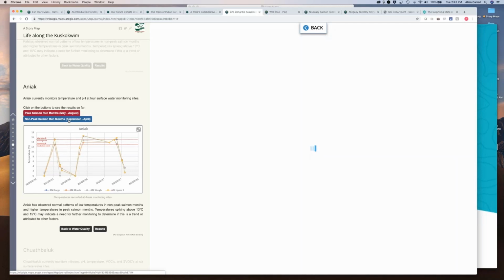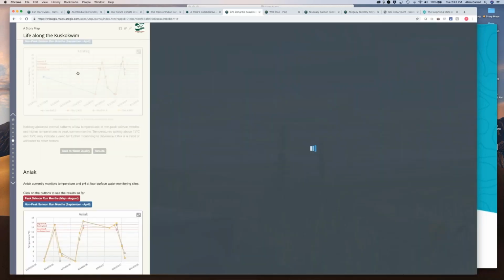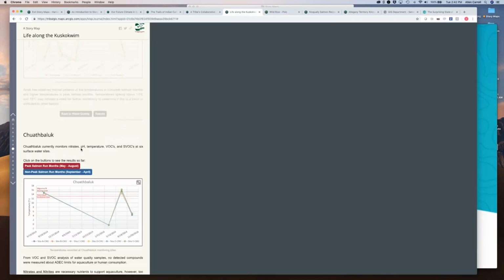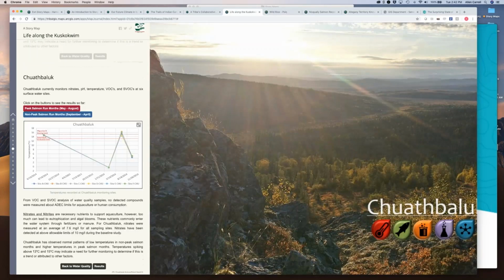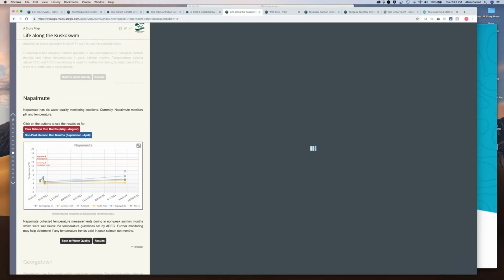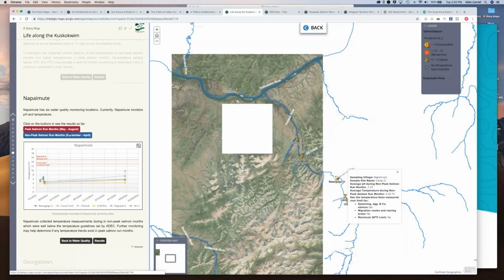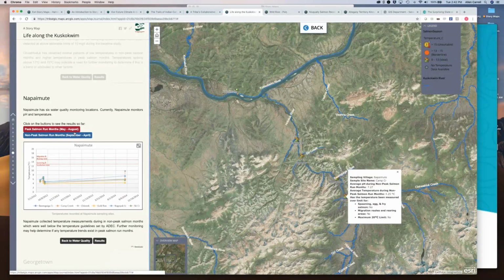So with bullets or with essentially text hyperlinks, you can send people to different places. You can bring them to images. You can send them straight to a map, etc.